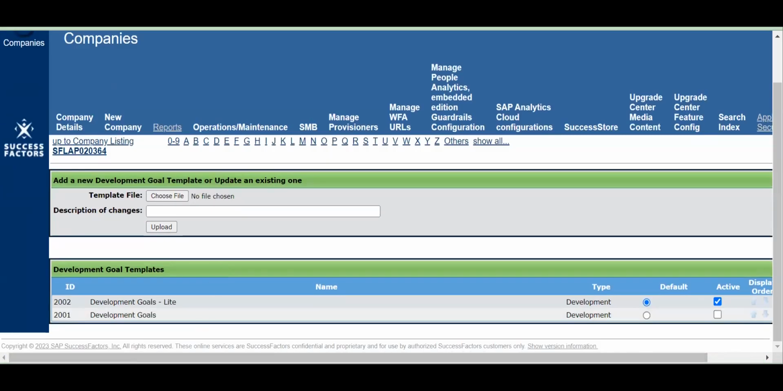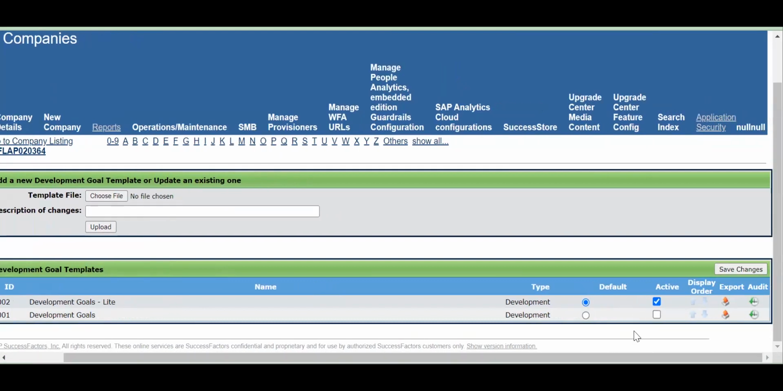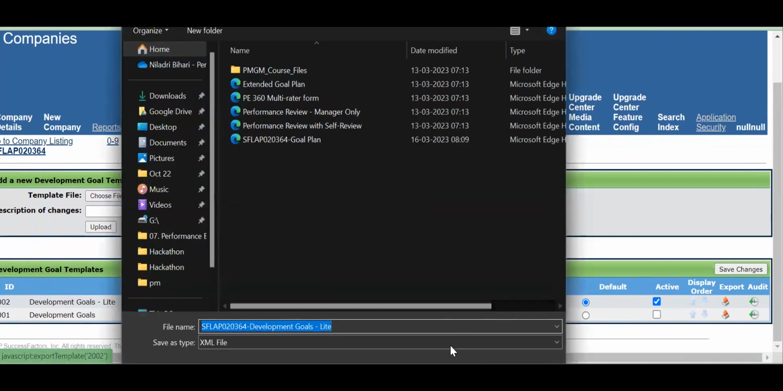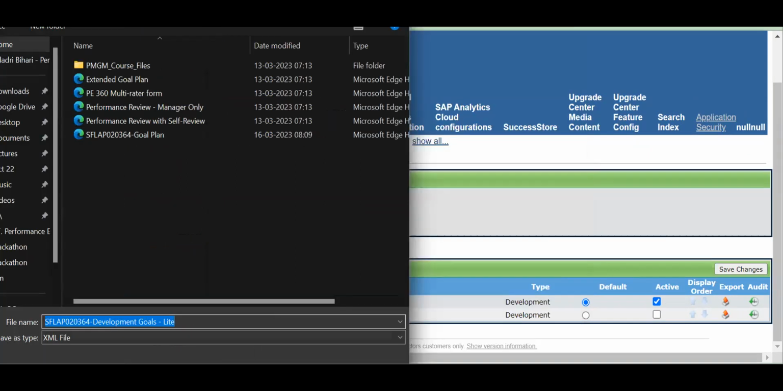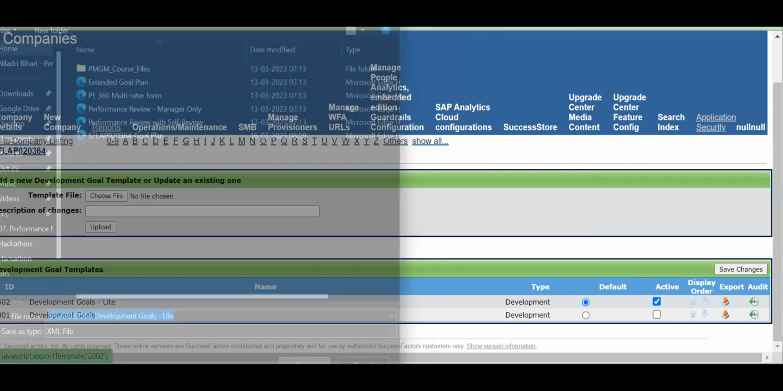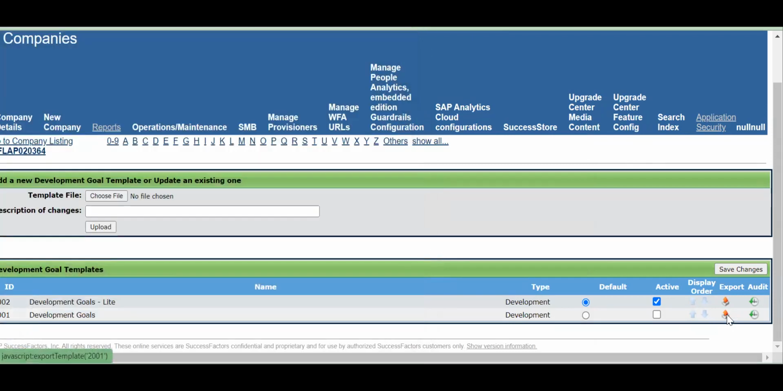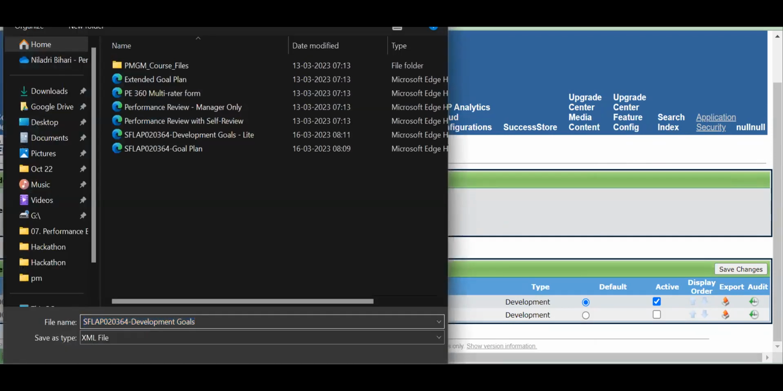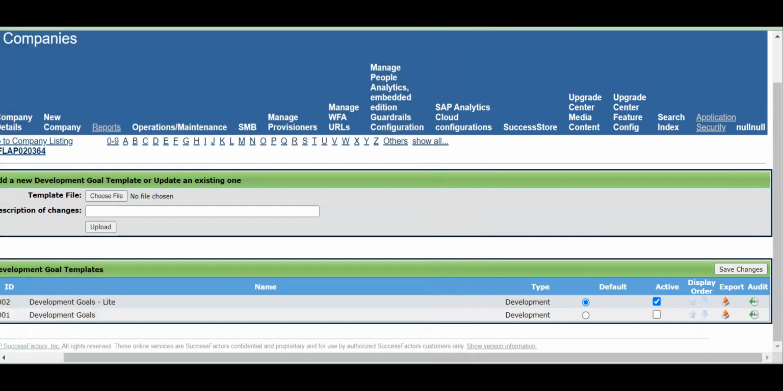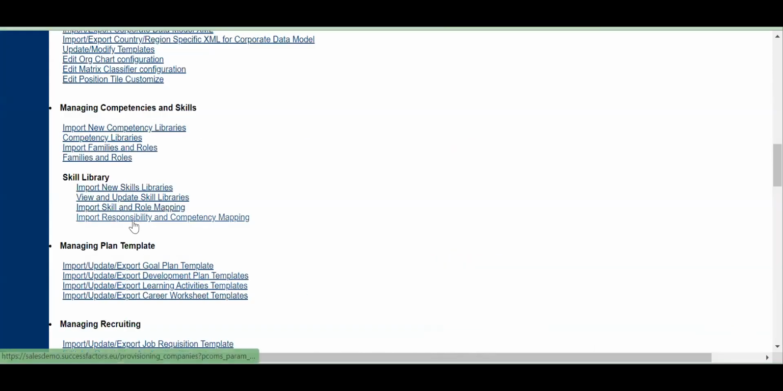Okay. So in development goals also, we do have two things. One is a light goal, and another is a normal one. So we can export both for our reference, right? So let me download it. I will simply save it. And the same goes with your development goal full also. So this is something I have downloaded. The next one is my import